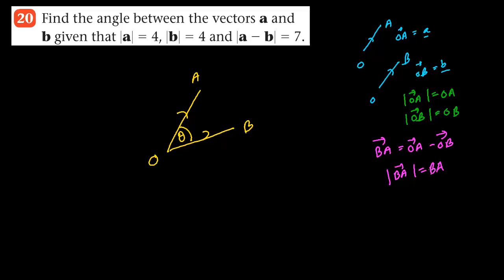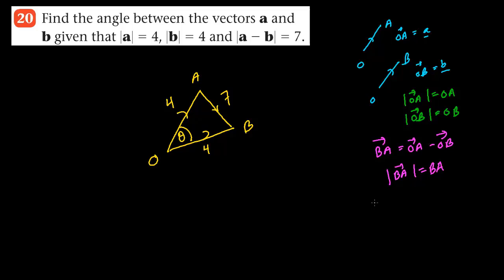Since we know that the modulus of a is 4, we can say the length of OA is 4. The modulus of b is 4, the length of the OB line is 4. And the vector BA has a modulus of 7. So now we have a triangle and we can use the cosine rule for finding the angle, and the cosine rule states that